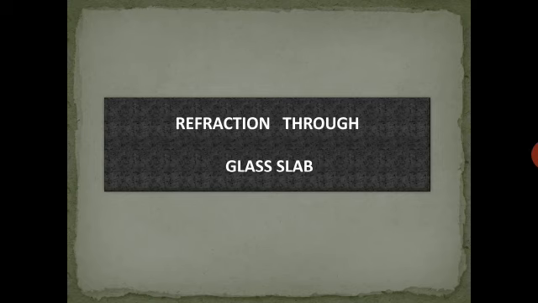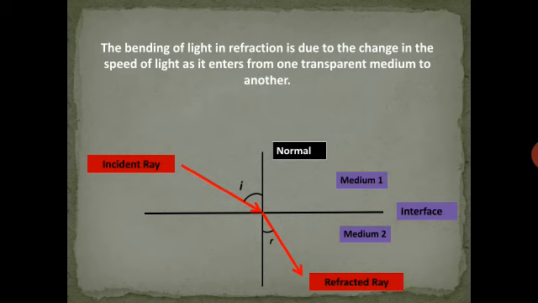Before going to the refraction through a glass slab, let us see the causes of refraction of light. Look at the diagram. Here we have marked an interface that is separating medium 1 and medium 2. An interface is a surface that separates two given media. For example, if I take air as medium 1 and water as medium 2, then the surface of the water